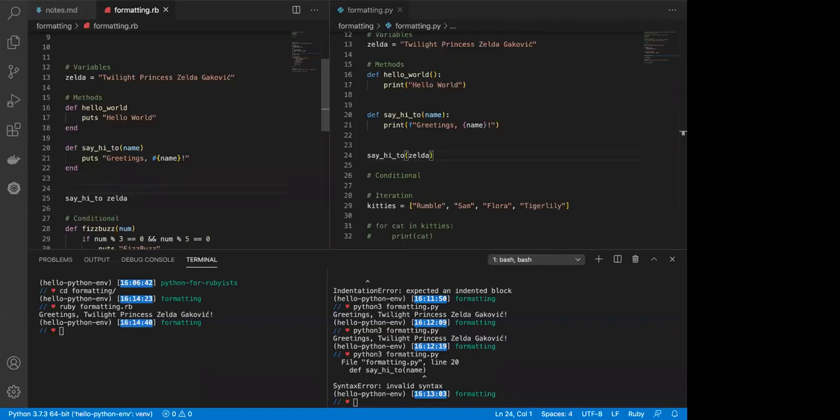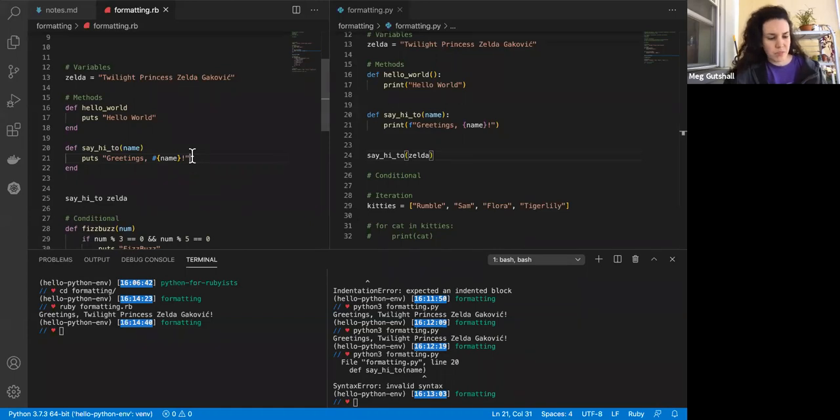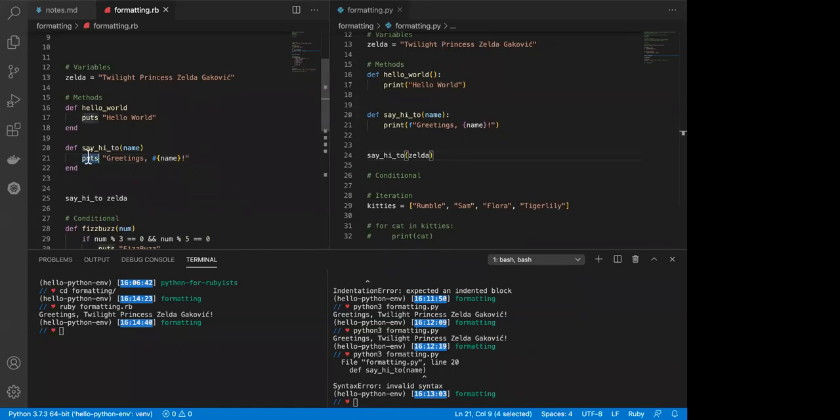Oh, so with puts, we're super used to seeing that, but that's no different. Puts is just a method. It happens to be a built-in one. A good example is...